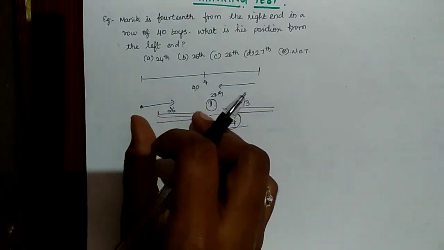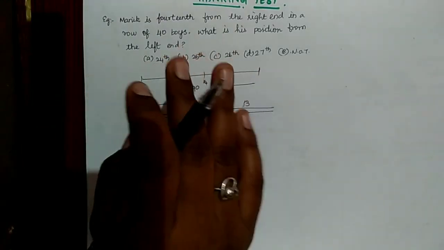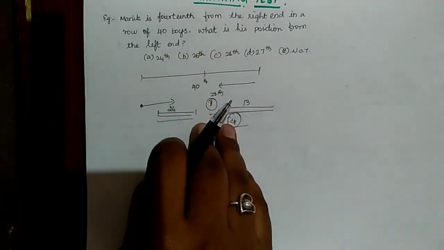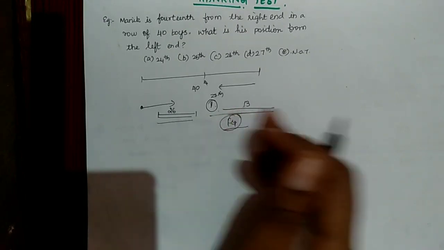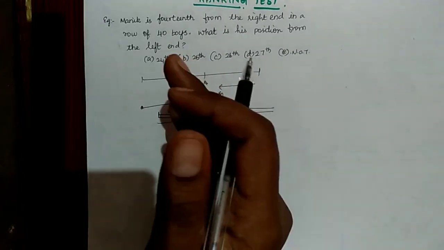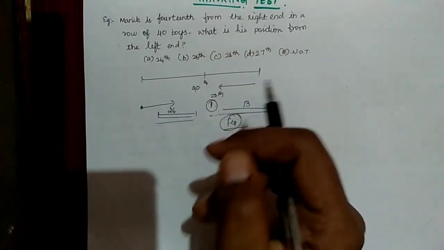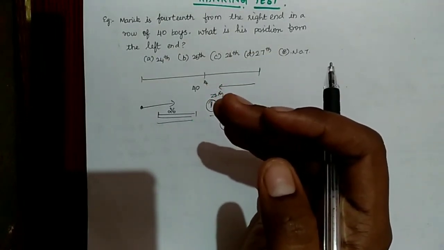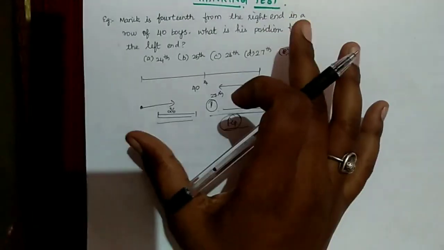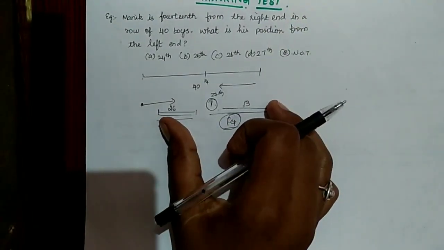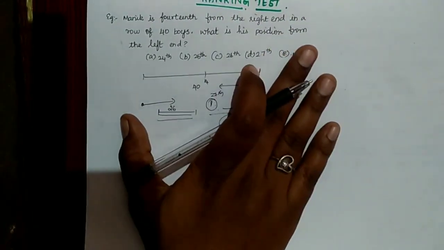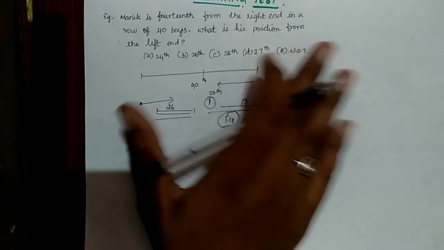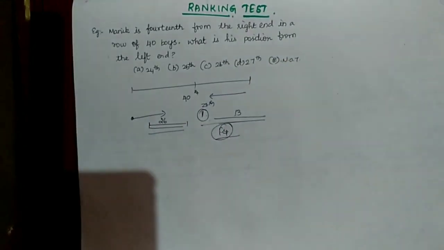Think of yourself sitting in the middle of a bench, and how many persons are on the right of you and how many are on the left of you. You will be counting without yourself, right? Without adding yourself, you count how many persons are sitting on your right side, and this is the concept we are applying here. This is a very simple and easy concept, and we should not get confused while counting the rank of a person. If you have any doubt, let's solve another example.